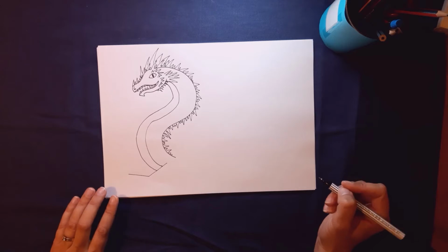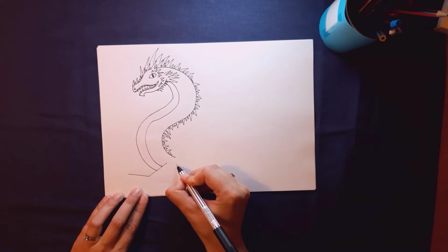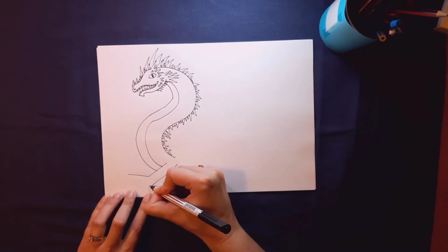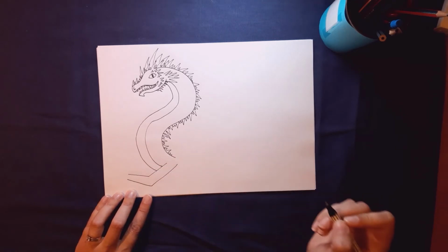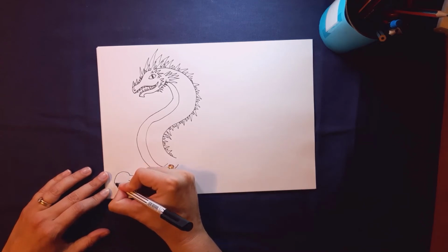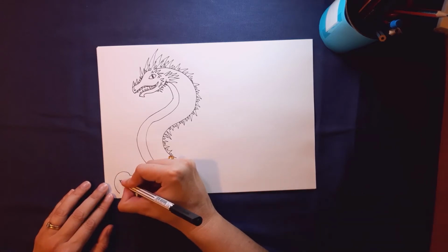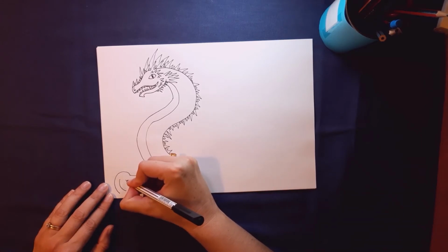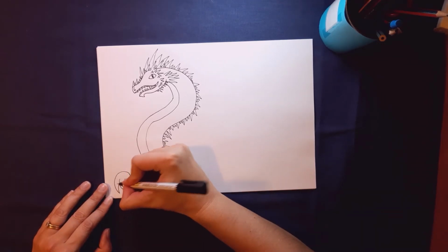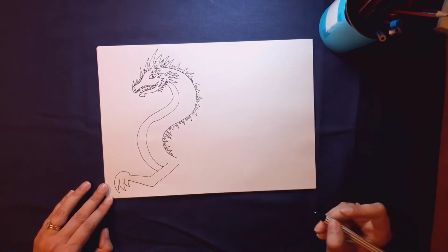So 2 straight lines. And let's do another 2 straight lines coming out sideways a little bit and out to his elbow and up and getting a little bit thinner at his wrist. And we can do a big curved line for his hand. We're going to do 2 more curved lines for his claws, and then we can join those up. And you can see it's a nice easy way to make big claws